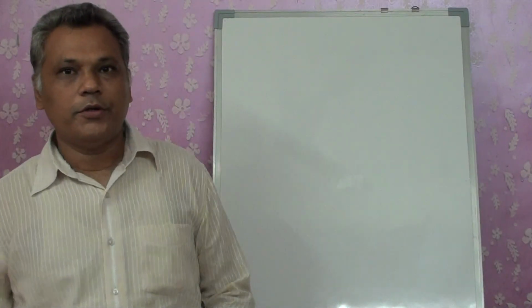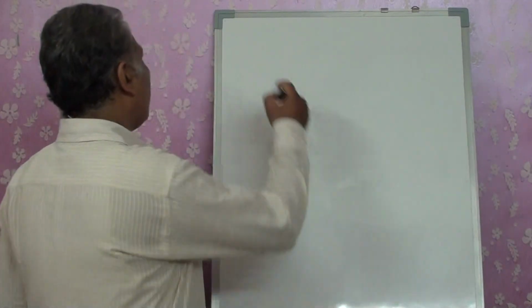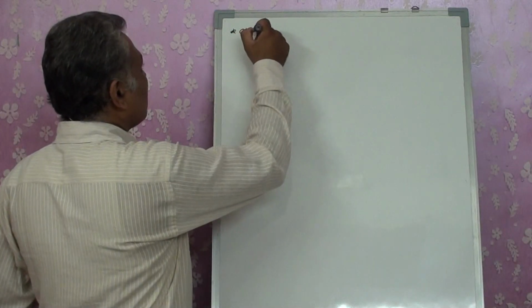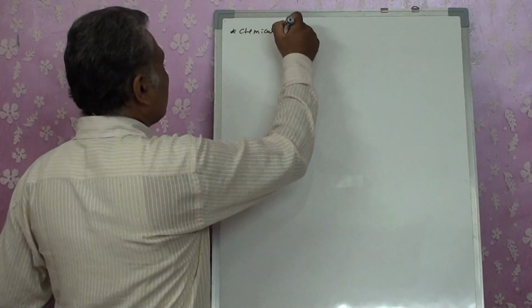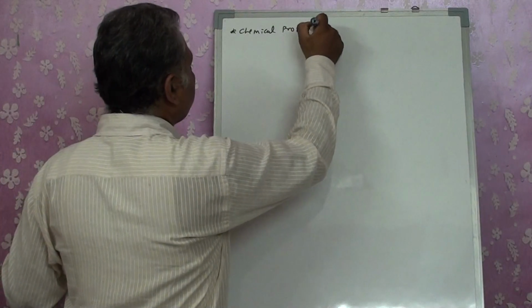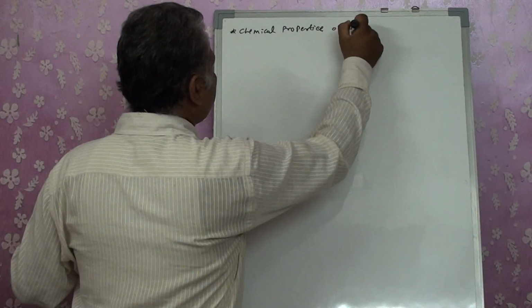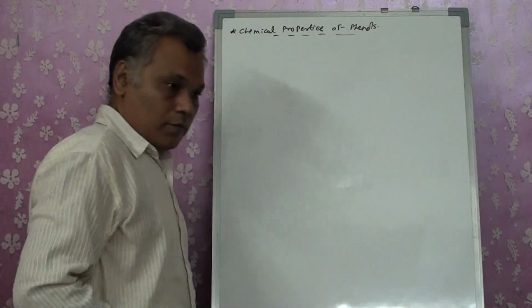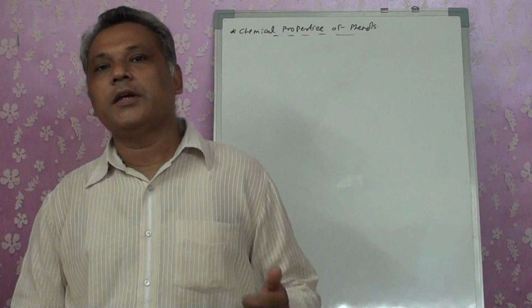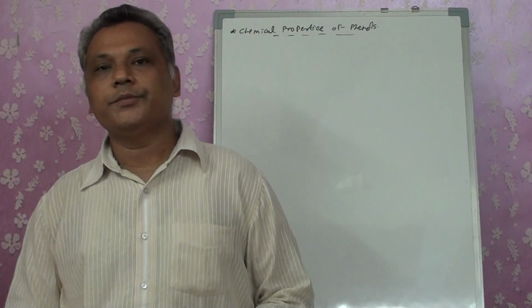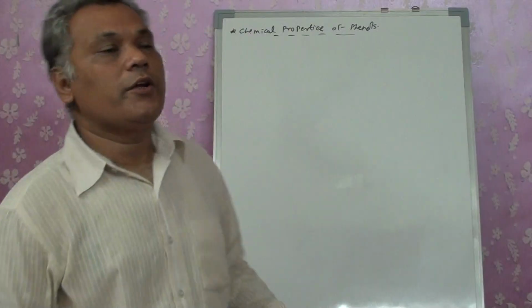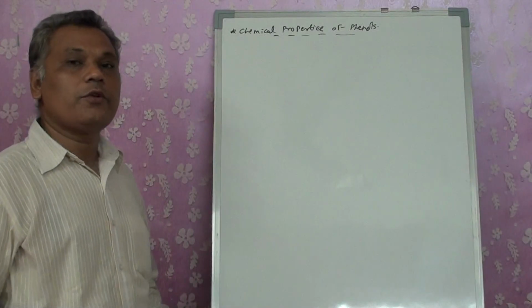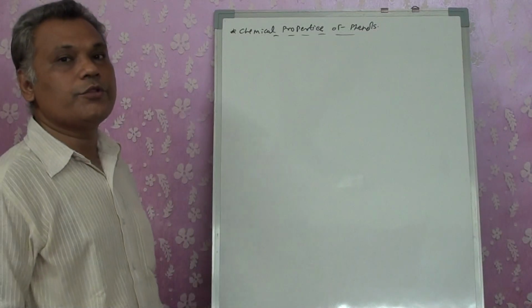We are going to talk today about the chemical properties of phenol. Now we know that we are going for the aromatic. We studied it in alcohols also, that it gives us electrophilic as well as nucleophilic substitution. The same thing we are going to get for phenol also. So first of all, we will go for electrophilic substitution reactions of phenol.